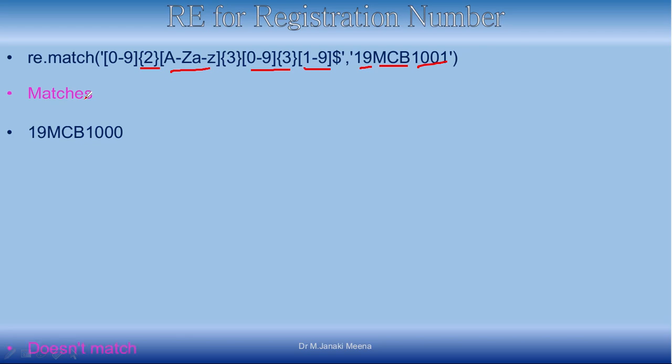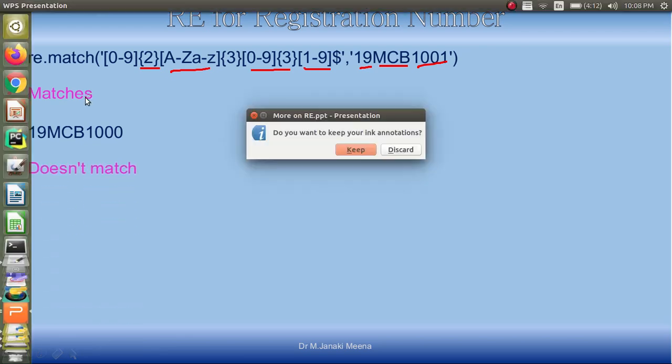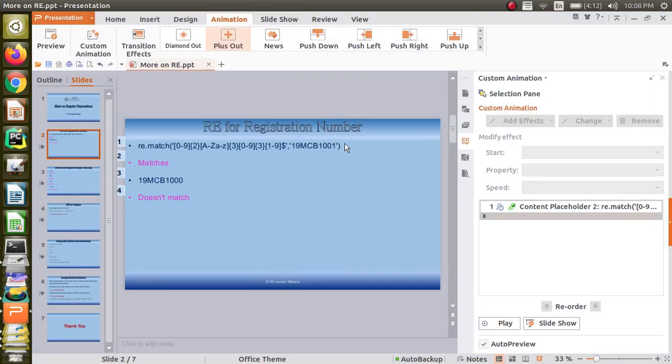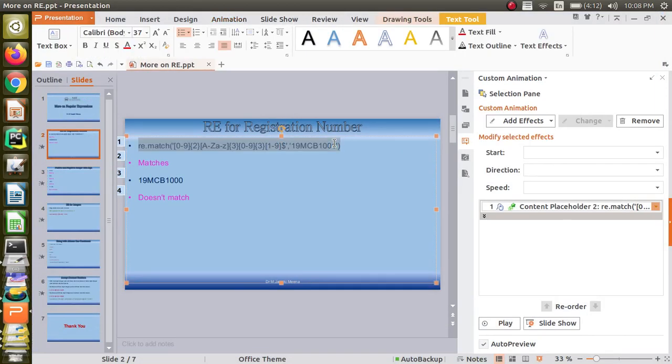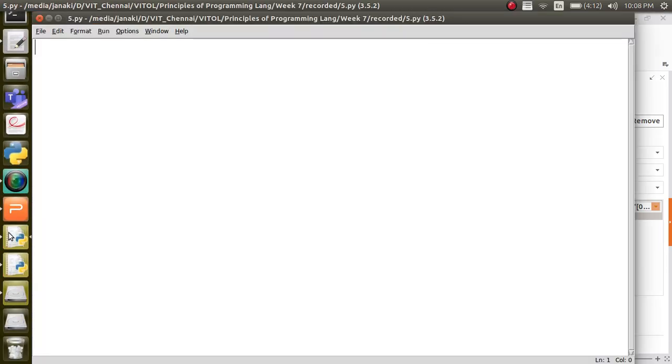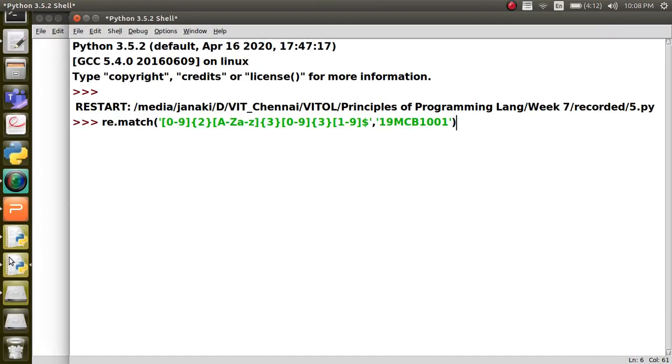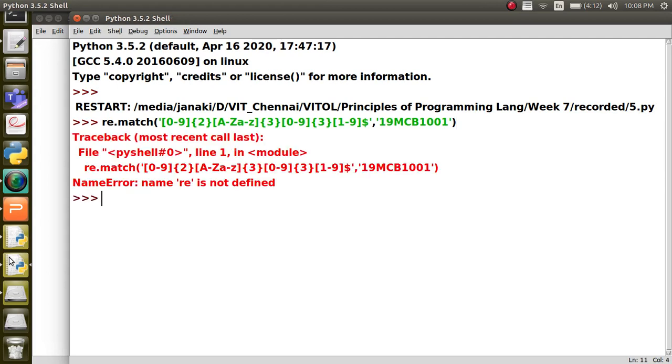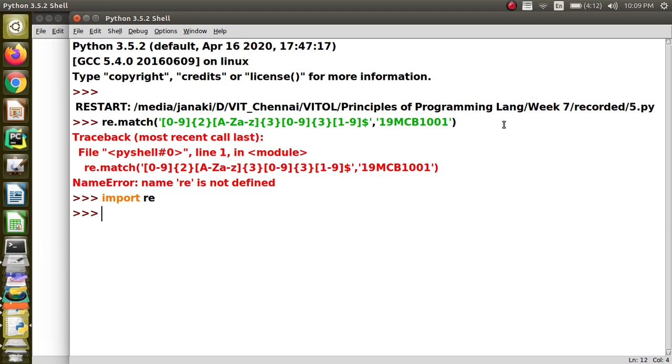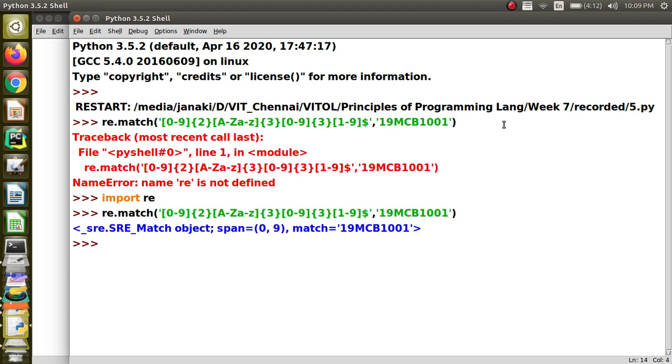Okay, so let us see the regular expression on the terminal. First of all we should say import re, and then we are giving the expression.